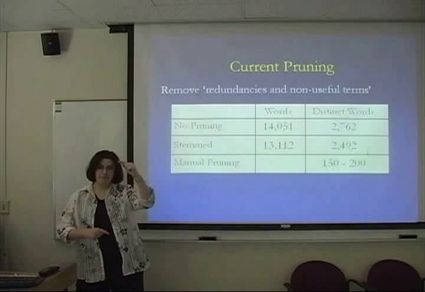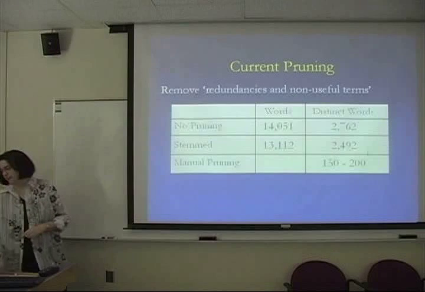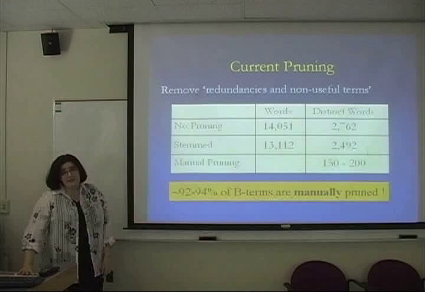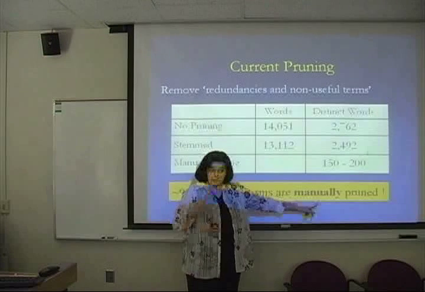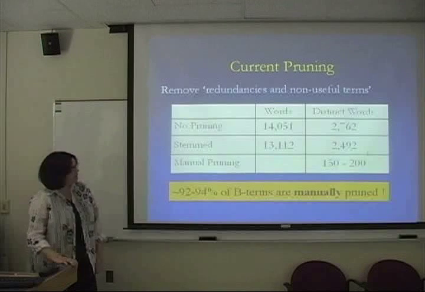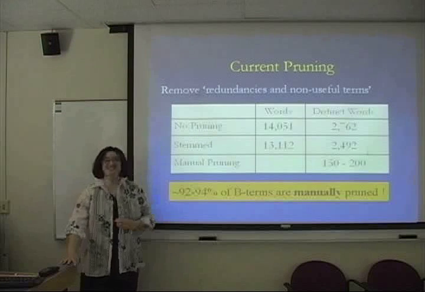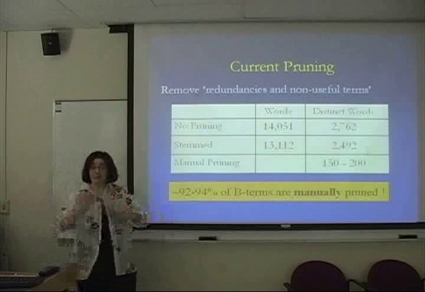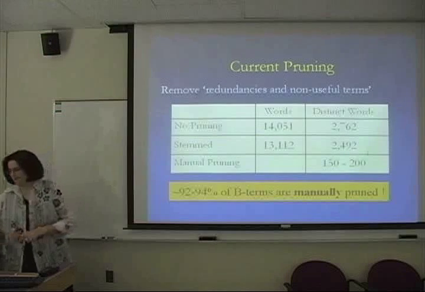He sat there and went, B term, no good. B term, no good. B term, no, still no good. So if you actually figure this out, about 90% of those B terms were pruned manually. Right? He was getting rid of that branching factor by manually getting rid of stuff. And so this is probably not going to scale very well, right? 90% pretty manually, not the best approach. It also means that it reveals these transitive connections, but probably not going to scale well.